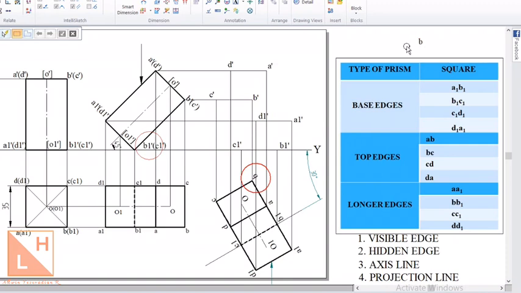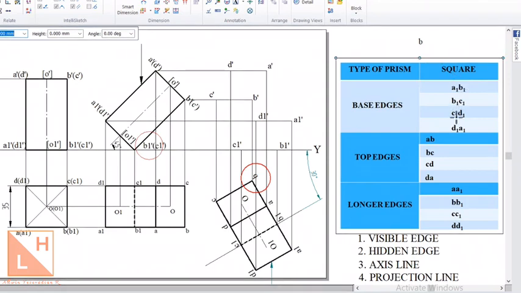Okay, so now looking from bottom to top direction, the farthest point is B. The edges emerging from B will be called hidden, or to put it the other way around, the edges which contain B will be the hidden edges. Okay, so which are the edges that contain this point B? We'll identify it with the set of edges that we have for a square prism.